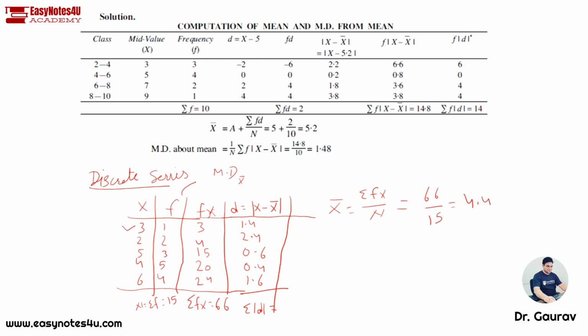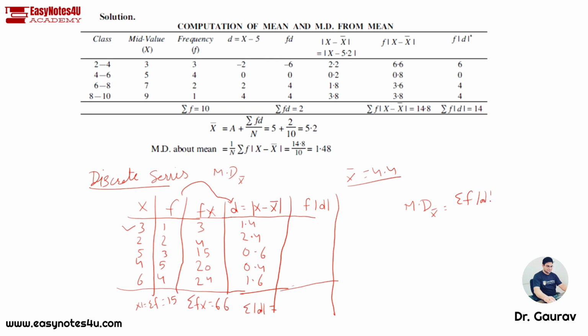तो टोटल इसका कर लो समेशन डी, नहीं इससे पहले हम क्या करेंगे, एफ और डी को मल्टीप्लाई करेंगे, क्योंकि हमें समेशन एफ डी चाहिए ना, तो फॉर्मूला क्या होता है उसका। ये 4.4 आया था हमारा, मीन कितना आया था 4.4, जो मीन की वैल्यू आई थी, हम लिख देता हूँ यहाँ पे, जरूरत पड़ेगी कोफिशिएंट निकालेंगे तब। अब इसको एफ को डी को मल्टीप्लाई करना है, क्योंकि जो फॉर्मूला होता है, मीन डेविएशन फ्रॉम मीडियन डिस्क्रीट सीरीज की बात कर रहा हूँ। तो ये होगा समेशन एफ डी डिवाइड बाई एन, ये फॉर्मूला हम यूज करते हैं।